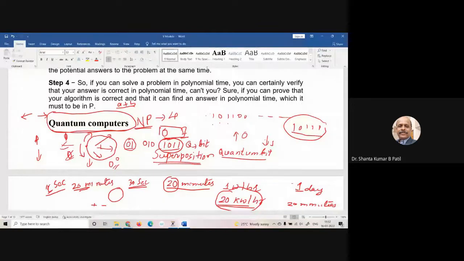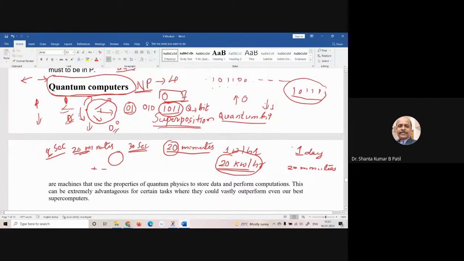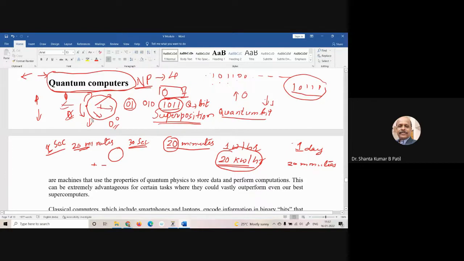The quantum computer today is a non-deterministic polynomial. After 4 or 5 years, you can find some of the banks putting up the board: these digitized quantum computers are used in order to manage the banking system. So the days are not far. We hope everything goes in our favor. So shortly you can come across the quantum computer. As I told,